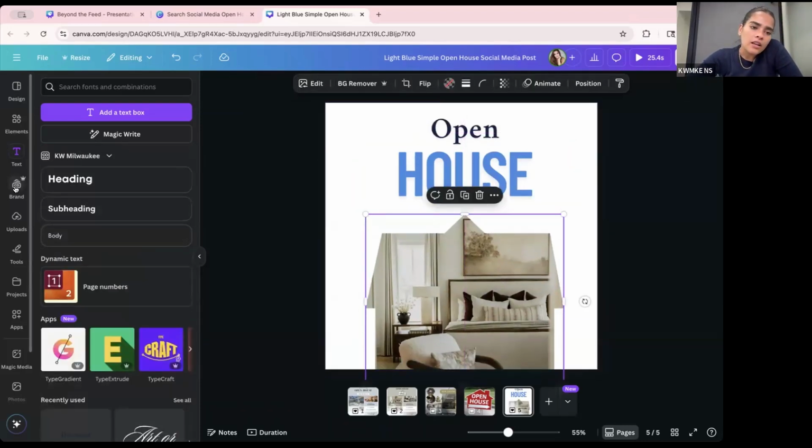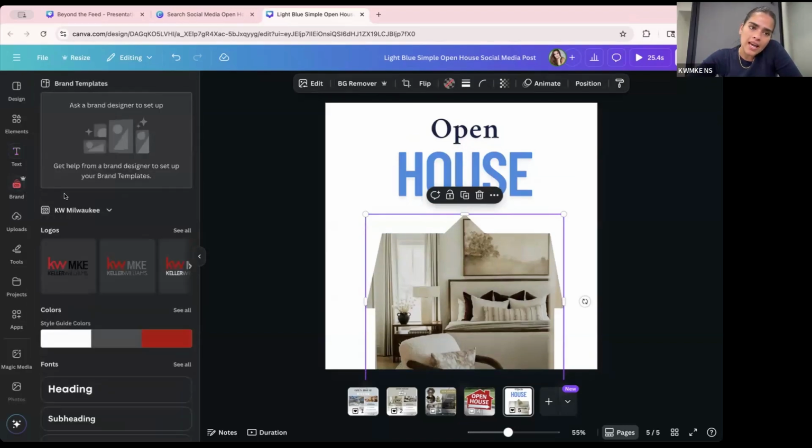Okay, next thing on here is going to be the brand kit. So the brand kit is only available to you with Canva Pro. We're unsure if it's going to be available when we get the Canva times Keller Williams integration. It might be, based on some of the promotional material that we have seen. It's probably going to have some Keller Williams branding in its brand kit, but this is what our brand kit